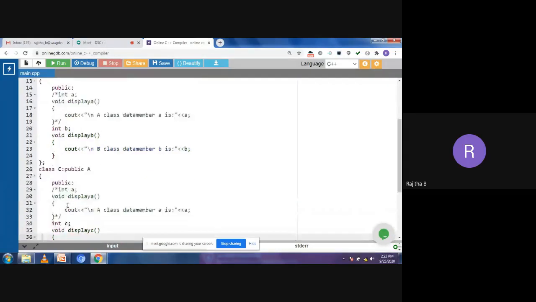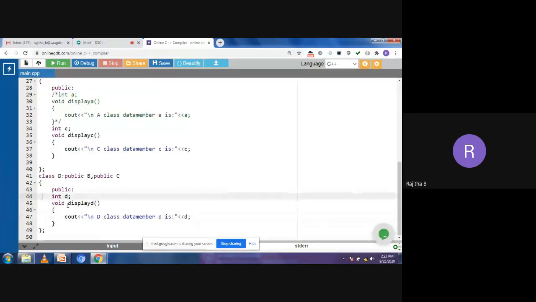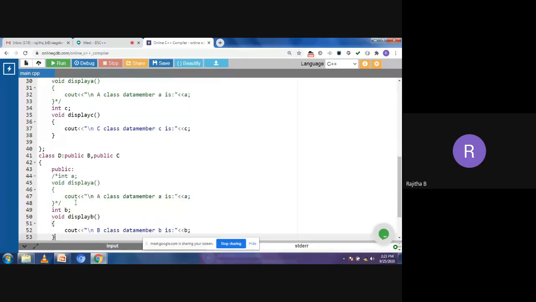This total B class, data members and member functions, is inherited into this particular class. Okay. The A class data member a and display A, and the B class data member b and display B. So I'm taking this as a comment line. This is also a comment line. Why? Because it is derived from some other class, so I'm simply putting it in a comment.